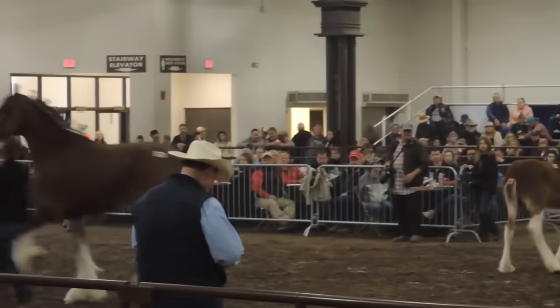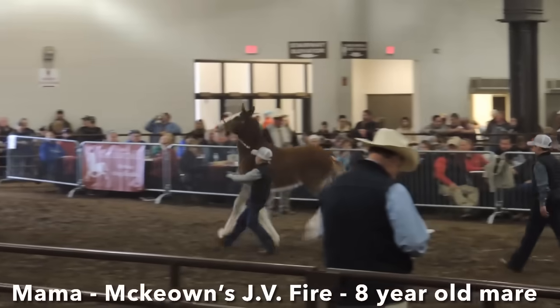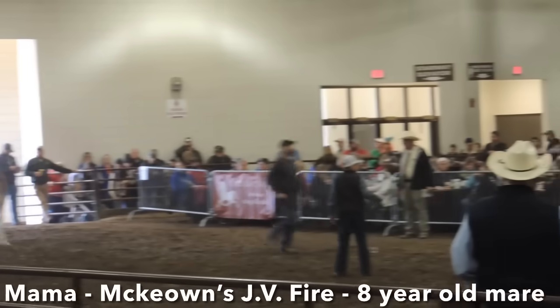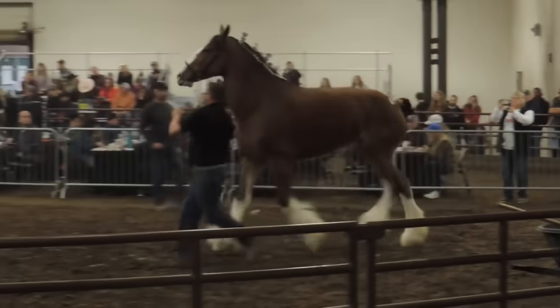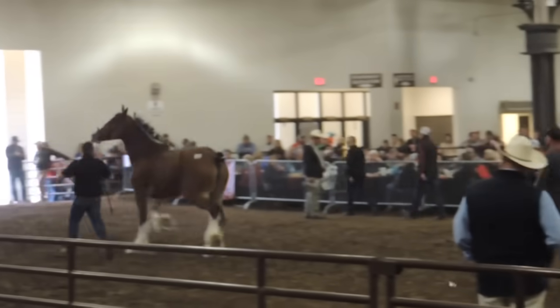Our lot number 38 is Mckeown's JB Fire, consigned to us by David Helmut. This mare was foaled in January of 2015. She is broke in every way. She is a beginner's horse. She's been used in nursing homes, around wheelchairs. She is selling open, but she is ready to be bred. Every year she can be bred in the same way. What David said is that he would pay half of the service fee if you wanted to bring him to